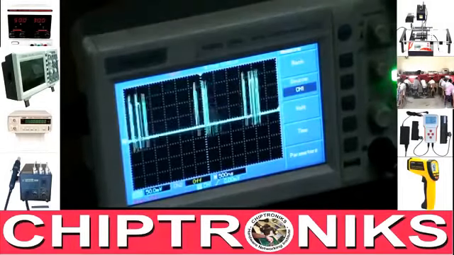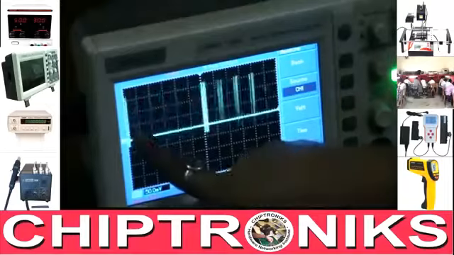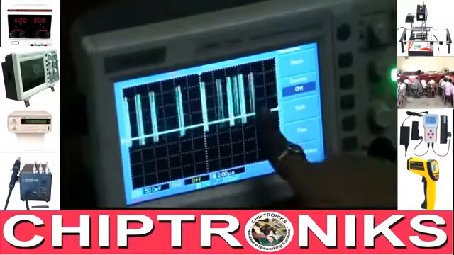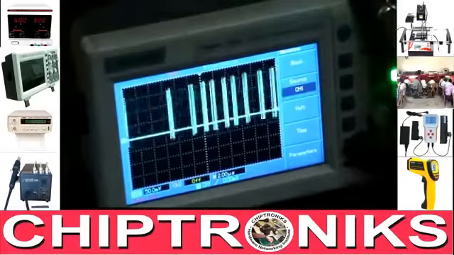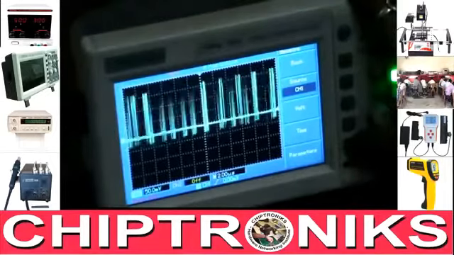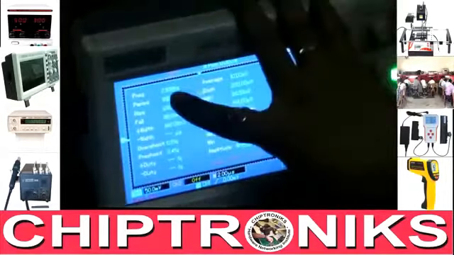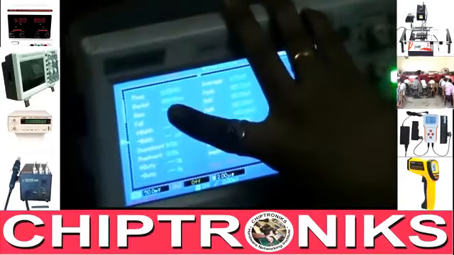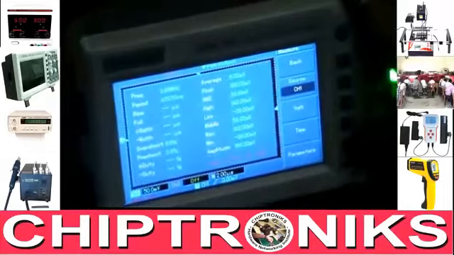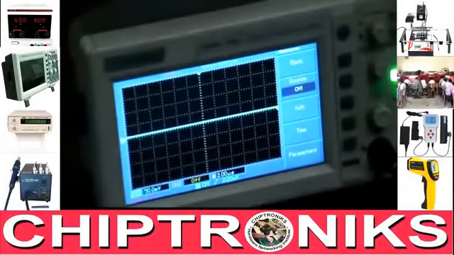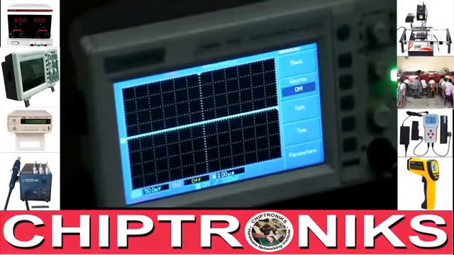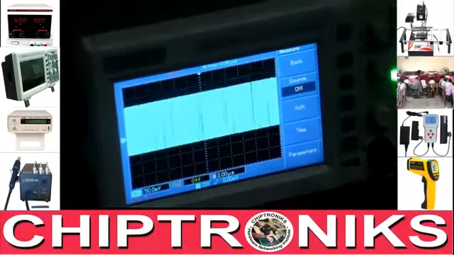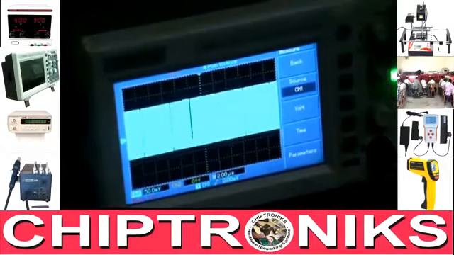Here you see data coming, and parameters. Here you check. Here you see signal frequency also, and here we check pin number 6, clock.